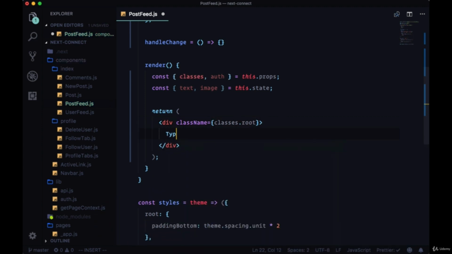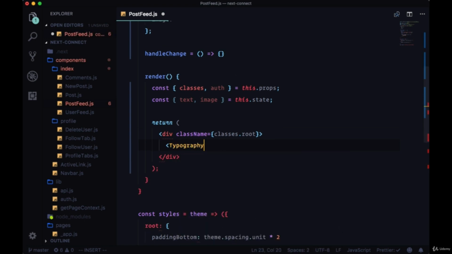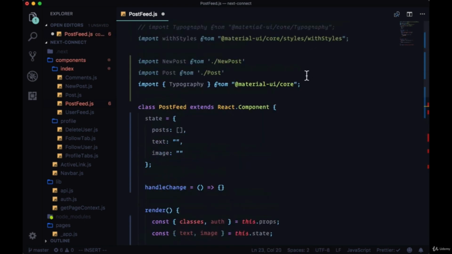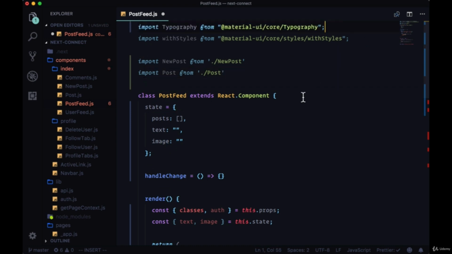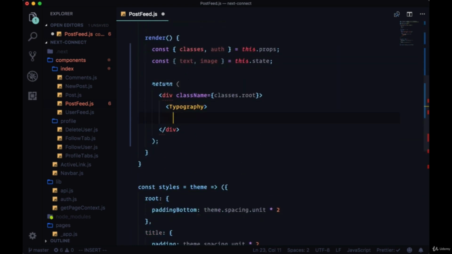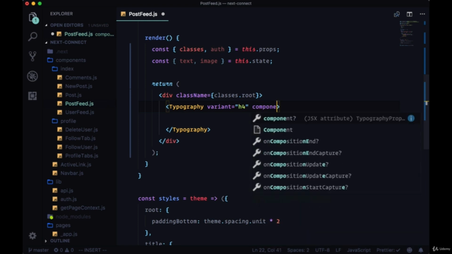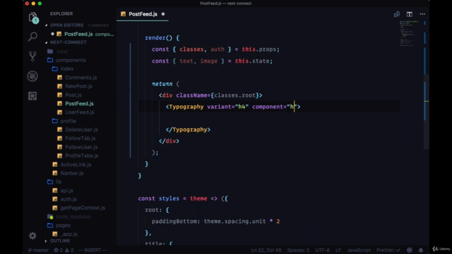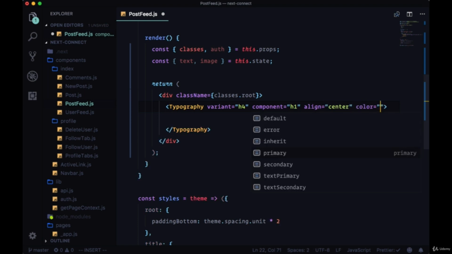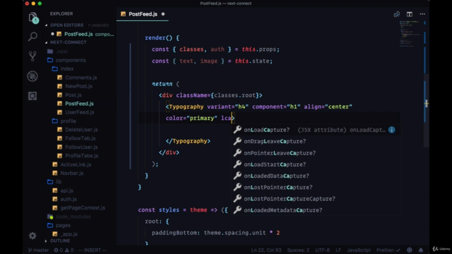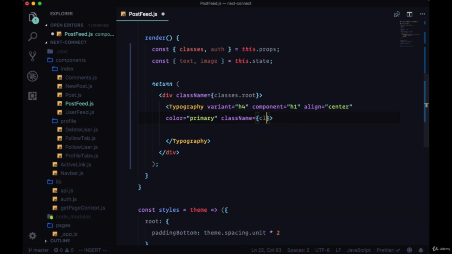This will have a typography component, and we will uncomment that up at the top. The variant for this will be an h4, the component an h1. We'll align it to center. The color will be primary, and the class name will be classes.title. And I'll have the text post feed,